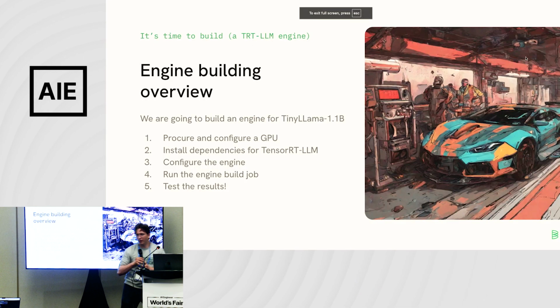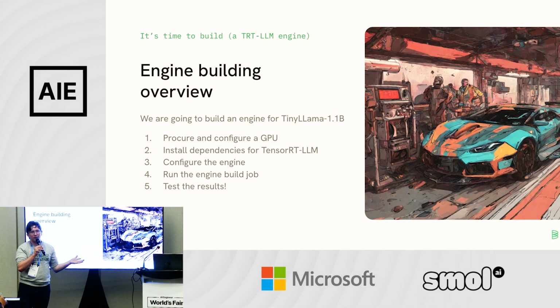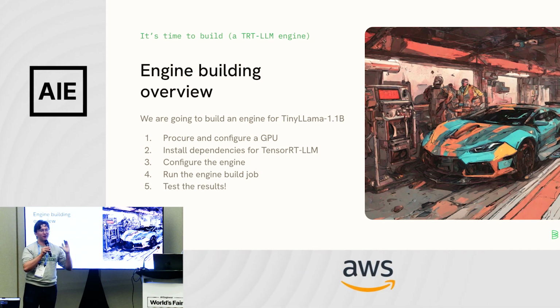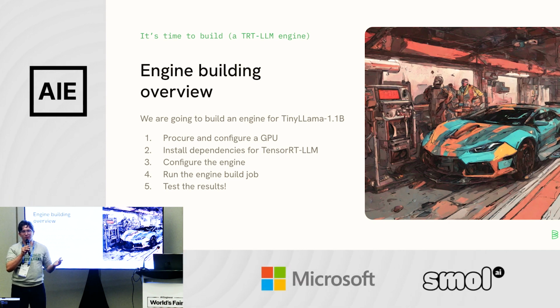So anyway, what we're going to do, to be clear, is build an engine for a model called TinyLlama 1.1B. I want to be really clear about this. TensorRT-LLM is a production-ready technology that works great with big models on big GPUs. That takes time to run. The dev loop can be a little bit slow, and we only have a 2-hour workshop here, and I don't want us to all just be sitting there watching a model build. It's basically as fun as watching paint dry or watching grass grow.